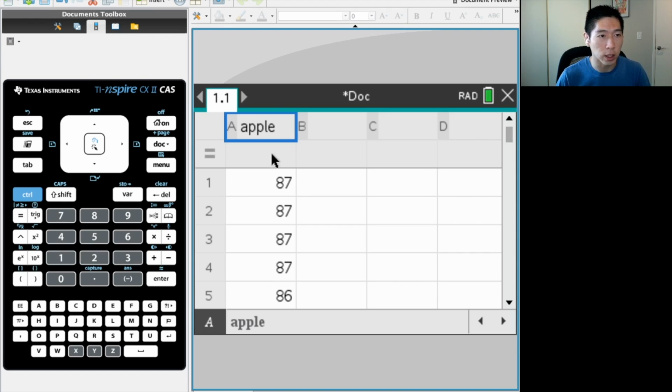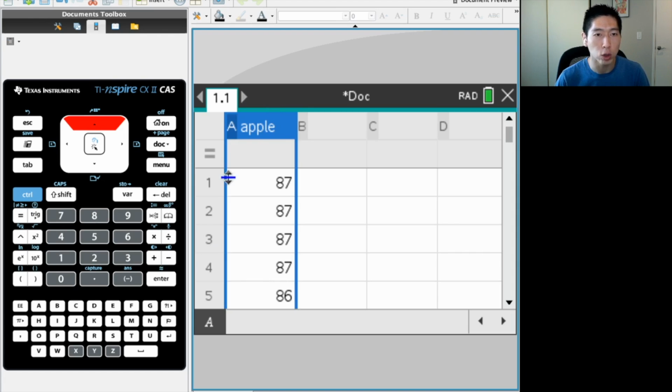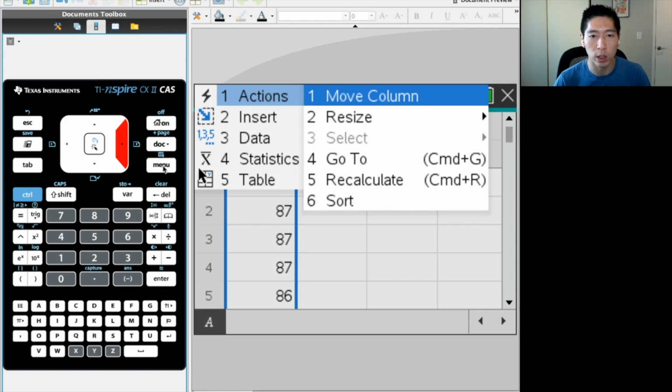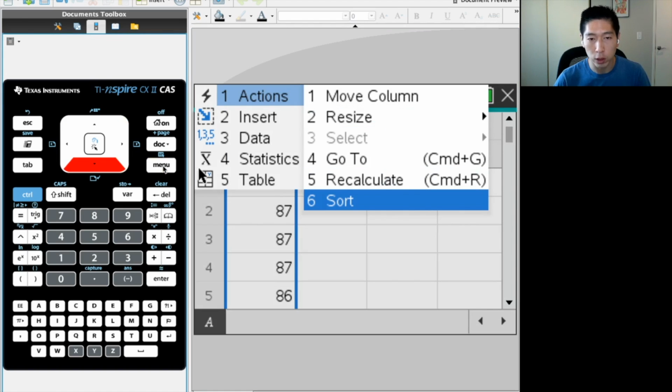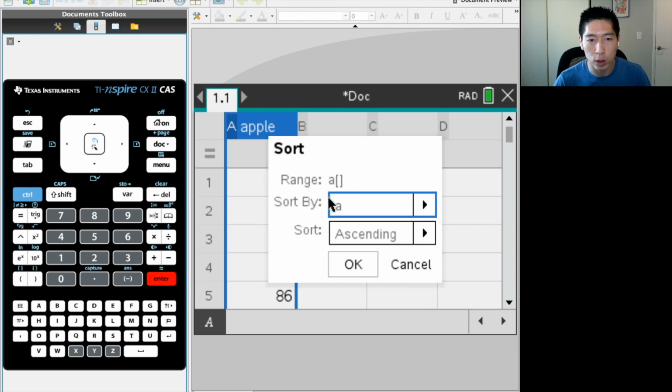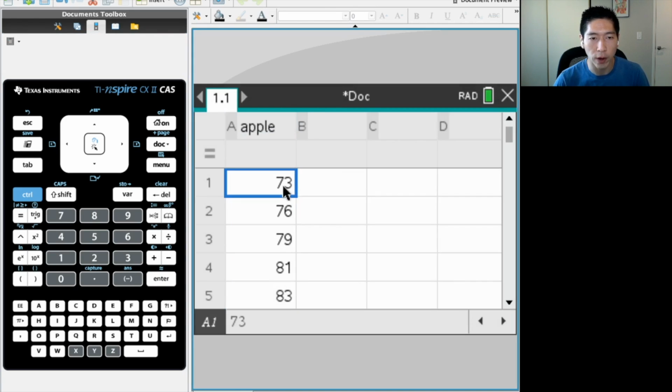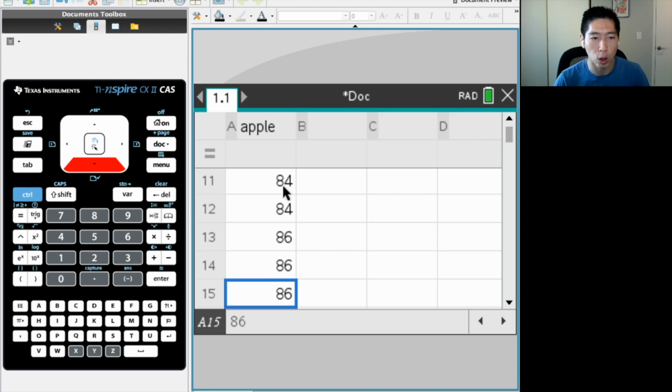What you could do is take the control pad and select up on this column and make sure your entire column is selected. And from there, you could select menu. Again, remember, home and menu are two favorite buttons. So we're going to select menu and choose actions, and we can sort the data. Now, if we sort it, you notice that it says sort by A. This is sorting column A. And then we're going to choose ascending. So basically, when we look at all the values, it's increasing in value as we go all the way down